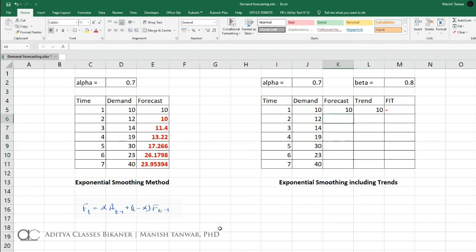What is the formula for forecast? Here we have our formula for forecast, FT.